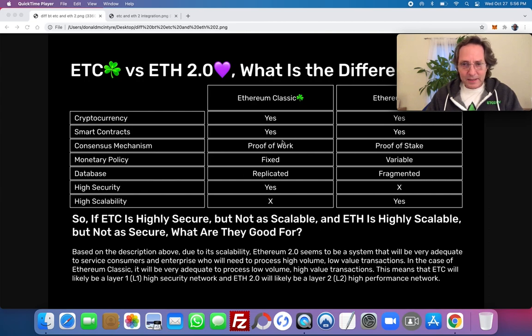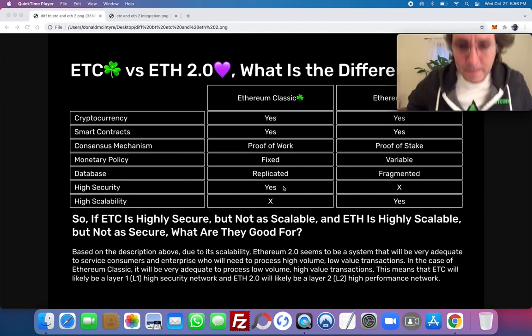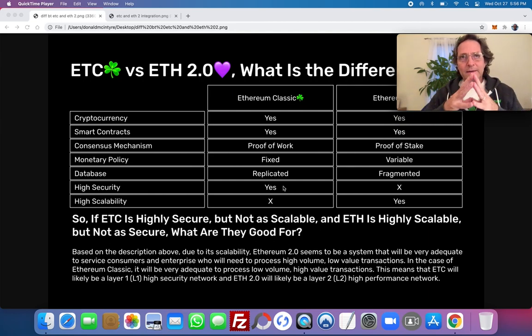Then the database: Ethereum Classic is a Nakamoto consensus blockchain, proof-of-work based. The whole model is to replicate. This is the second most important point in a proof-of-work blockchain. The first point is proof of work, and the second is the fact that it's fully replicated in all nodes globally. This is a fundamental security feature because it's what makes it